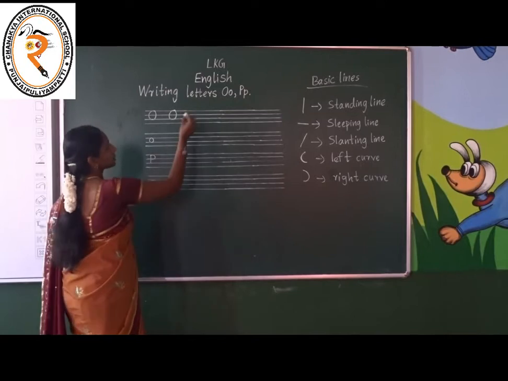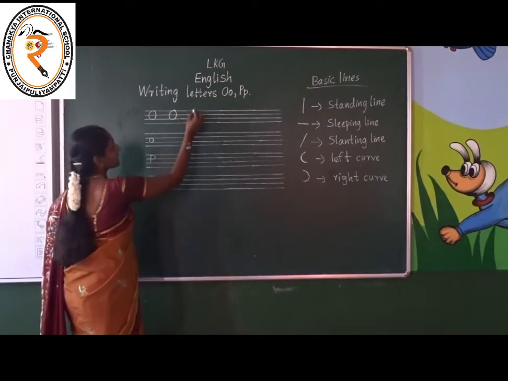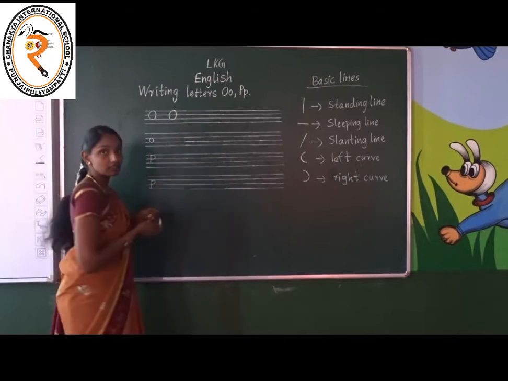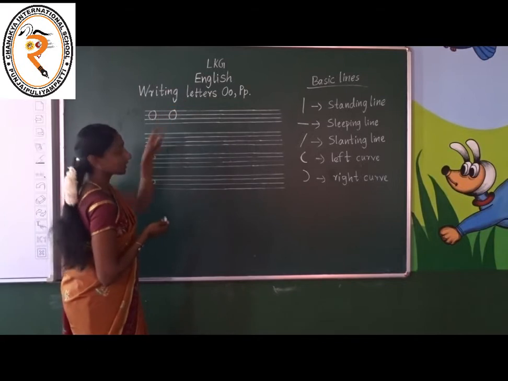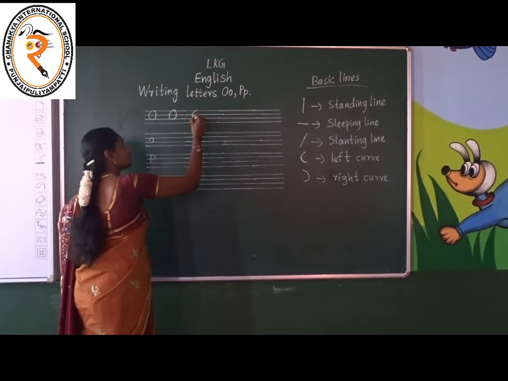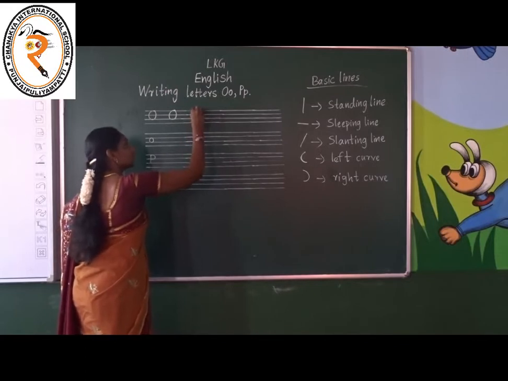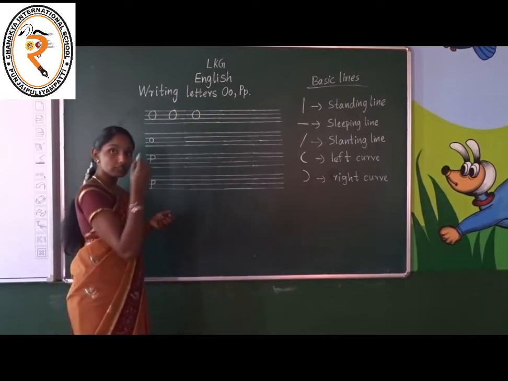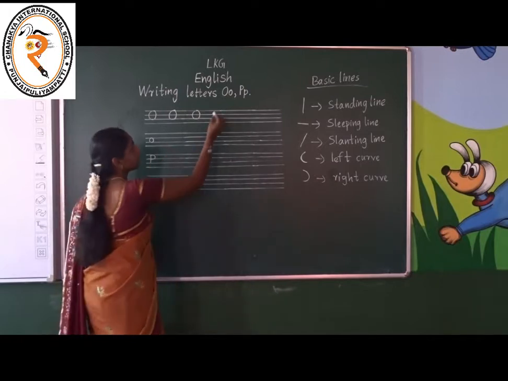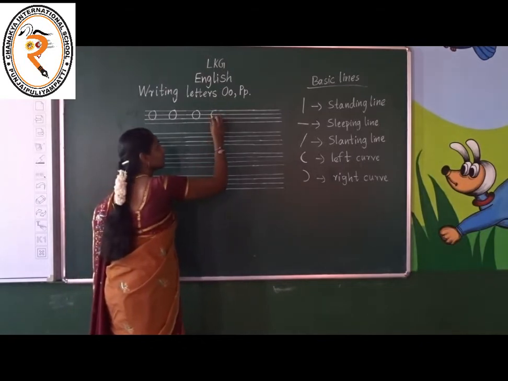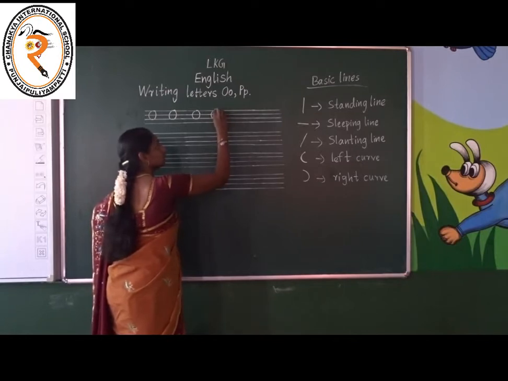Yes, very good. Come on. First listen to me. Start at the first point and cover up to the third. First 3 lines. 1, 2, 3. Okay, put a left curve and continue with the right curve. What is it? Capital O. Okay, capital O. Take your pencil and now write with me. Take your pencil at the first line and put a left curve like this. Yes, continue with the right curve.